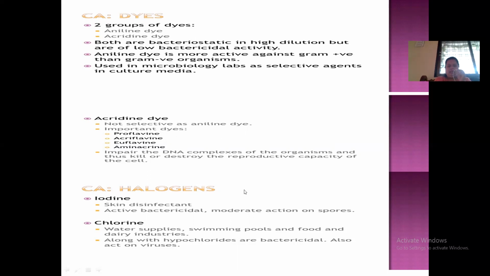Next are acridine dyes, such as proflavin, acriflavin, euflavin, aminacrine. These are certain acridine dyes which are used. What they do is impair the DNA complex of the organism and thus destroy the reproductive capacity